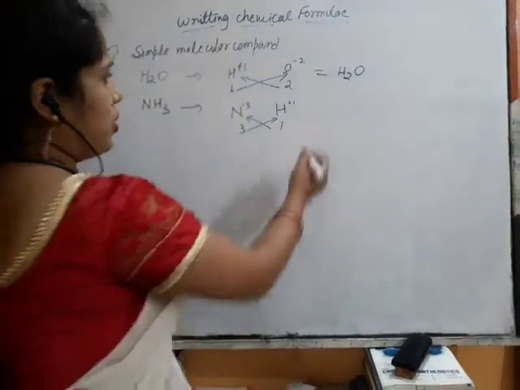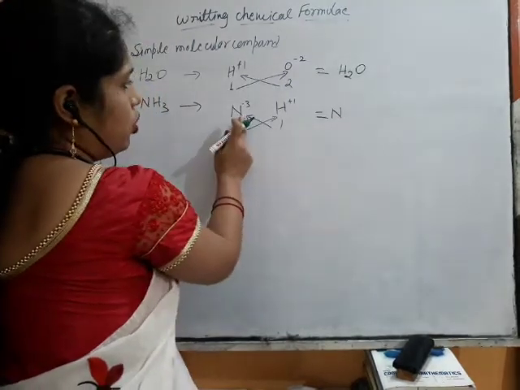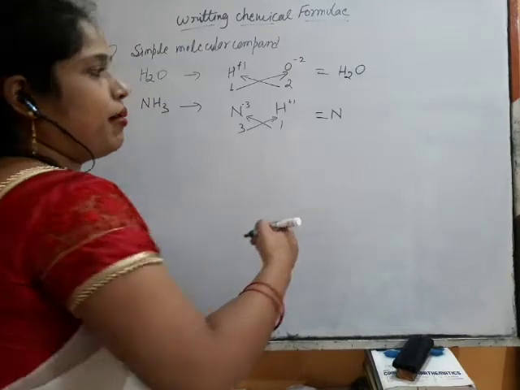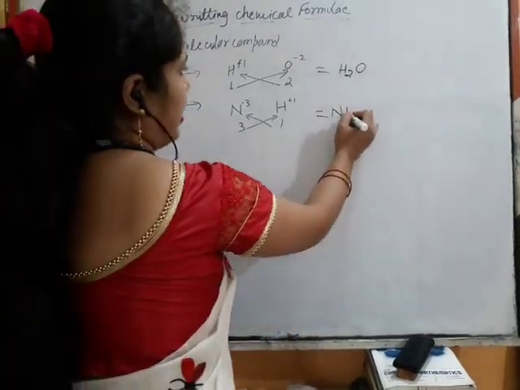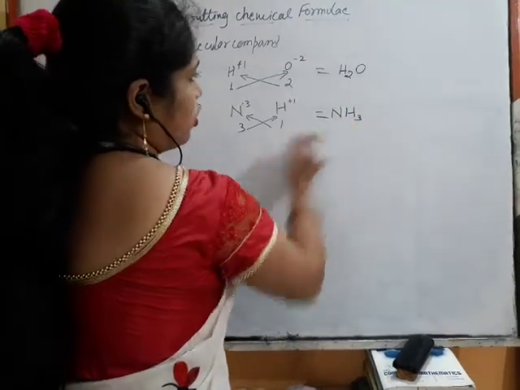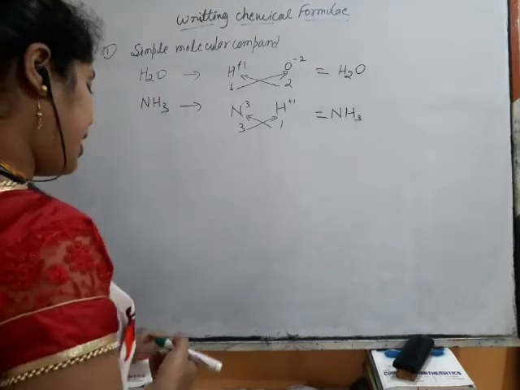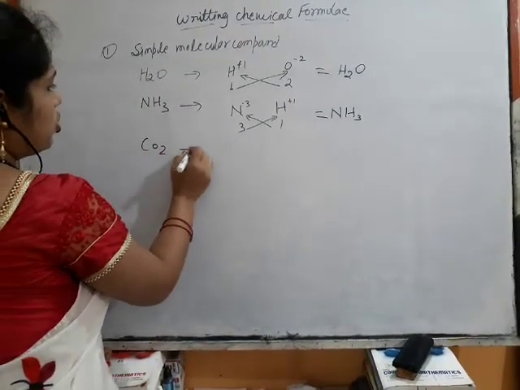So 3 hydrogen atoms are necessary to neutralize the nitrogen ion. They will change places. This is N, and 1 will go here, so we will not write 1. If you write it, that is also okay, but in the formula it's not required. Then H3 will go here, and we have the formula of ammonia, NH3. And carbon dioxide, CO2.